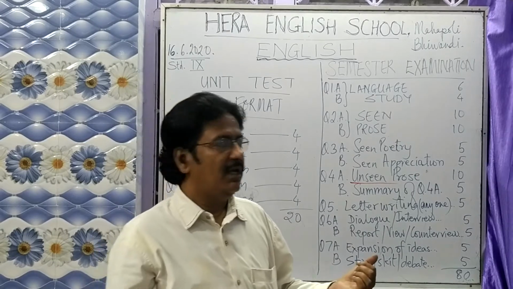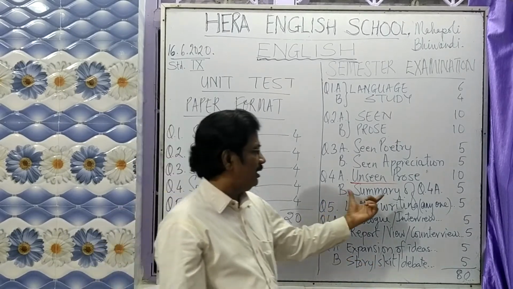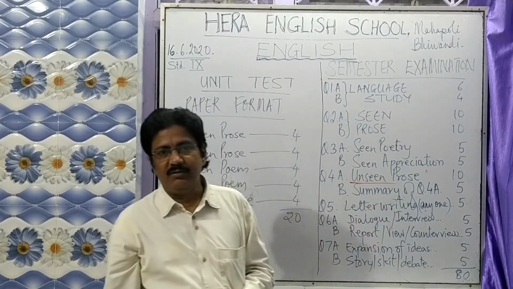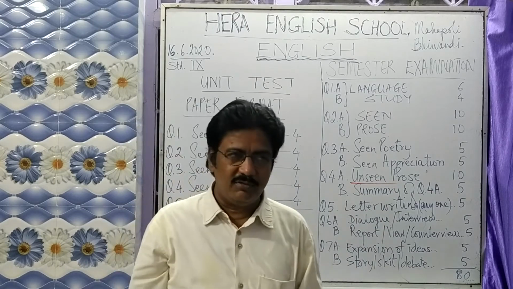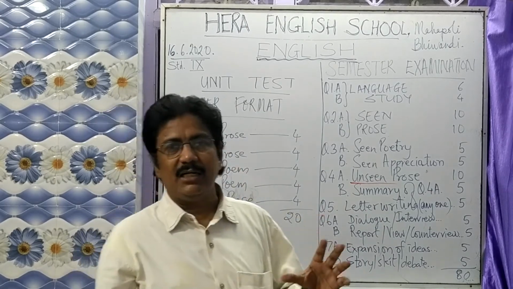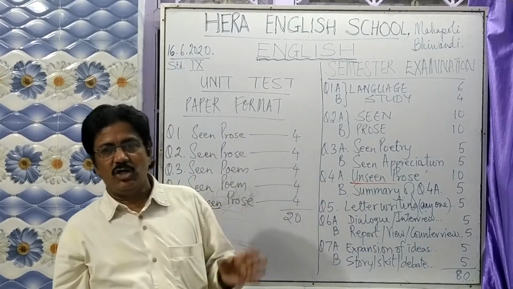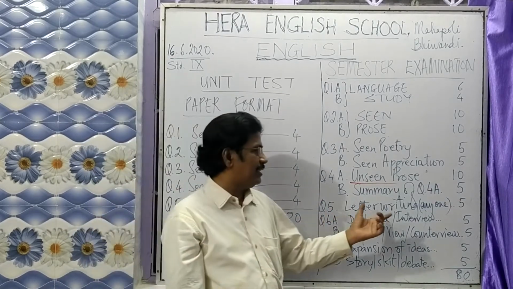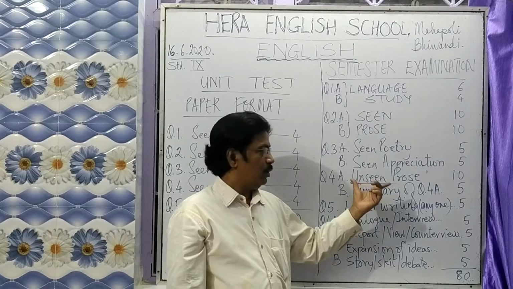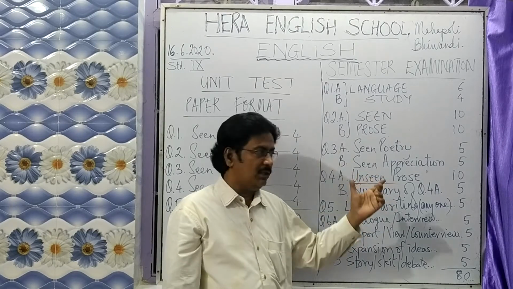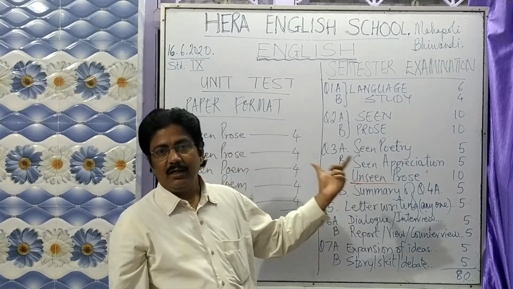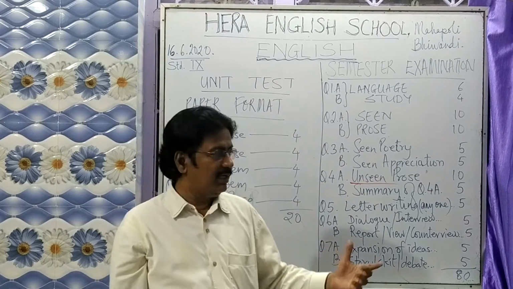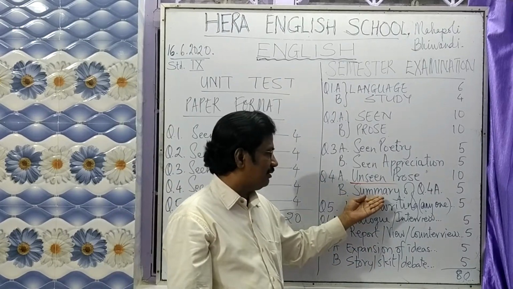Now question number 4B is something totally new for you, which you have not been taught for the previous 8 years, and that is summary writing. Summary writing is the synopsis, or you can call it the skeleton, of a particular passage or paragraph that is given on the paper of question number 4A. You have to write a summary of that same passage of question number 4A.